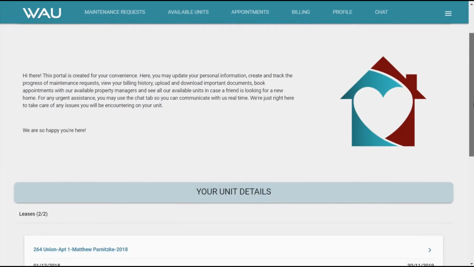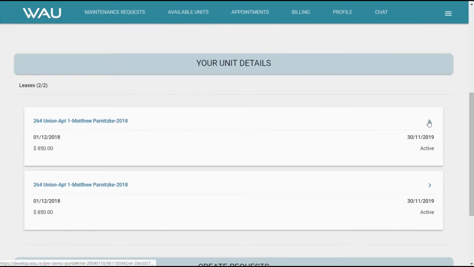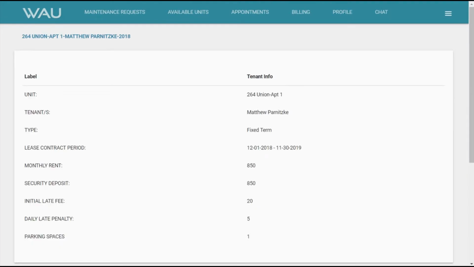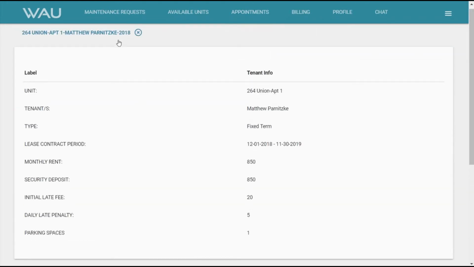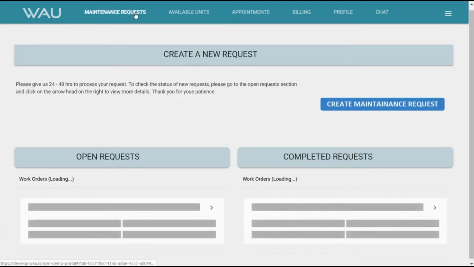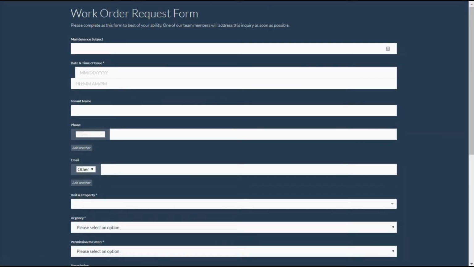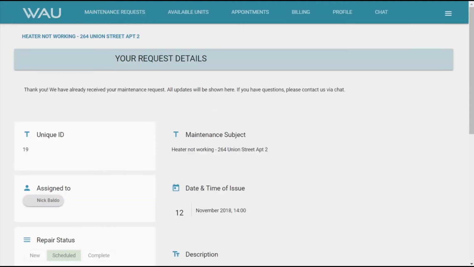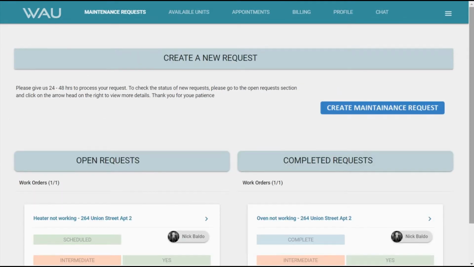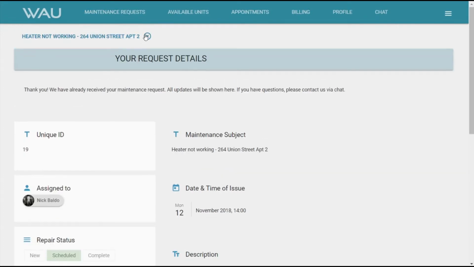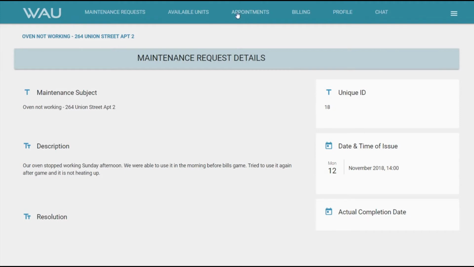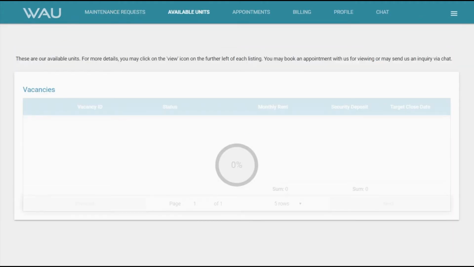Cool, right? They can check their release info, download their contracts, they can create maintenance requests, see details of open and completed work orders, check out all your available units,